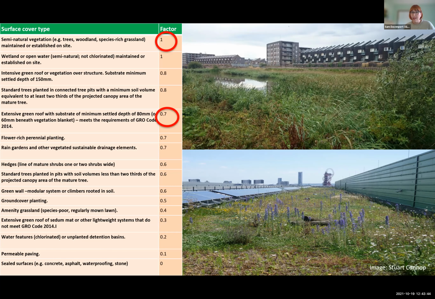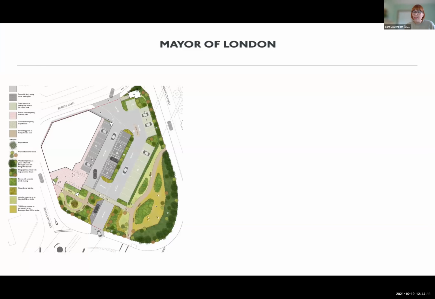calculation. And the UGF is calculated by measuring the area of all these surface cover types, assigning them the factor score, and then carrying out a simple calculation that takes into account the overall area of the development site to come up with a UGF score. And we've provided a calculator that people can use to do this calculation, and you can link through to that in the UGF guidance. So sort of an example of what that then looks like in terms of a development